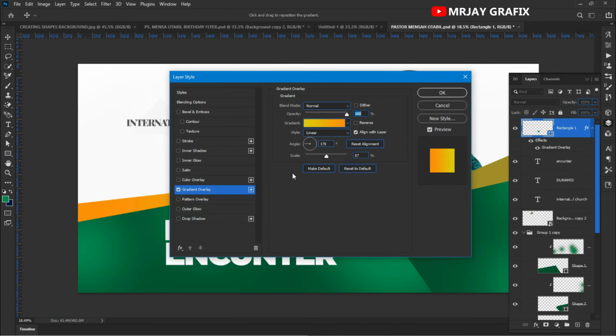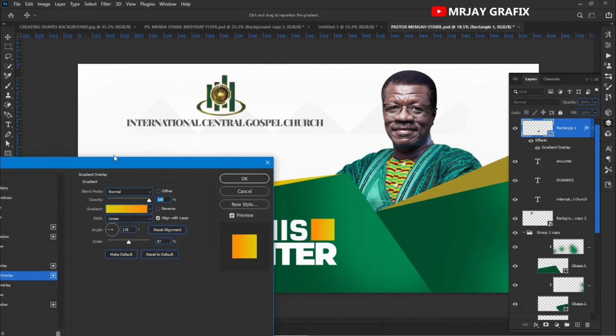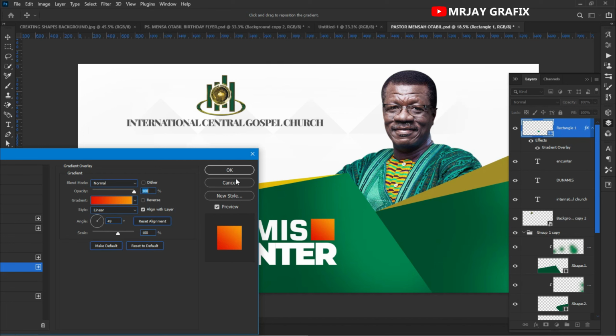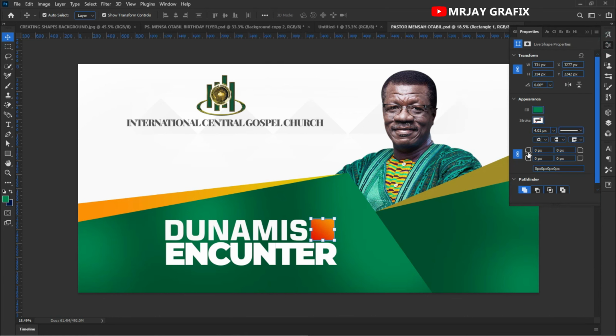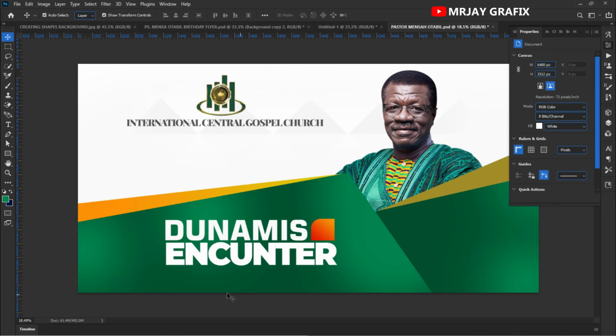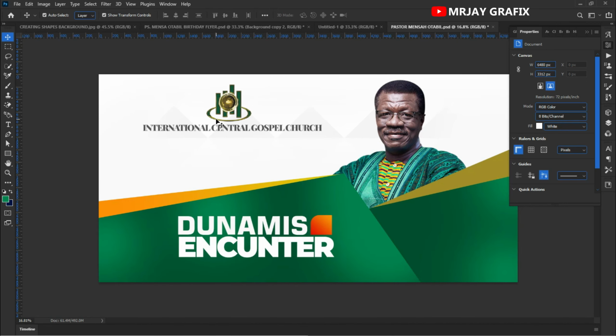Okay, so just using some gradient, and I'm going to curve some edges. Just curve the edges, just curve somewhere here like that. I think this is okay for me. I'm just going to draw a kind of